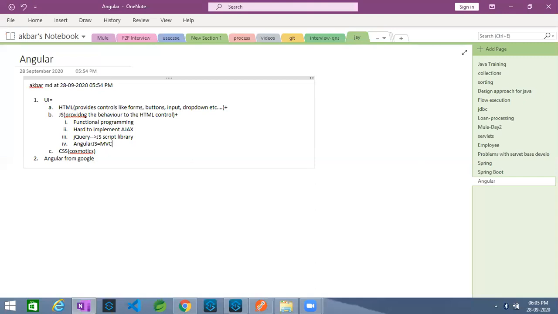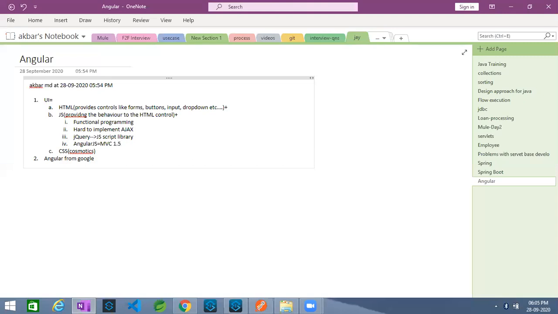Design patterns are basically best practices which you can adapt across all areas, be it software development or building planning, everywhere. So AngularJS came with that concept.